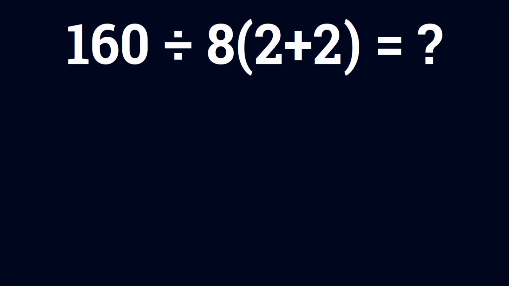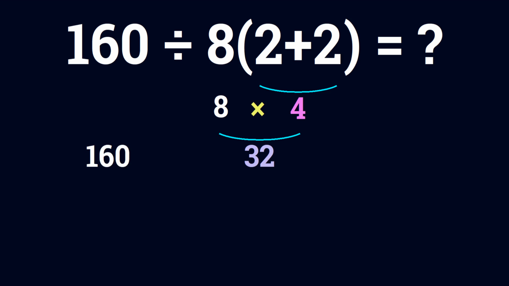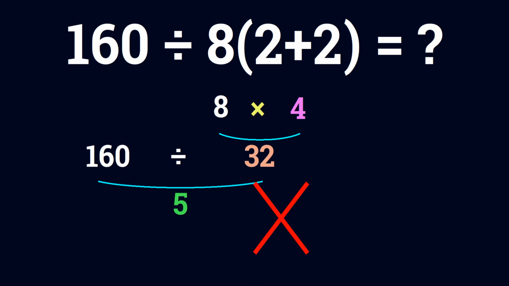2 plus 2 gives us 4, and 8 times 4 gives us 32. So 160 divided by 32 is just 5. But this answer is not correct, because according to the order of operations, first we have to do parentheses, then